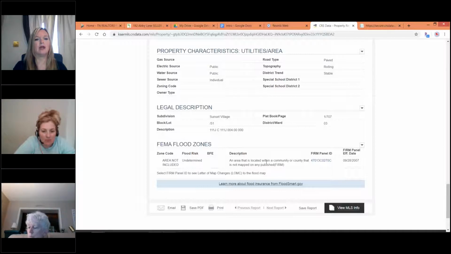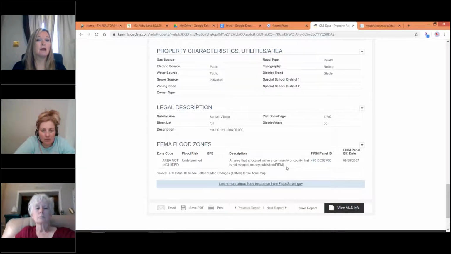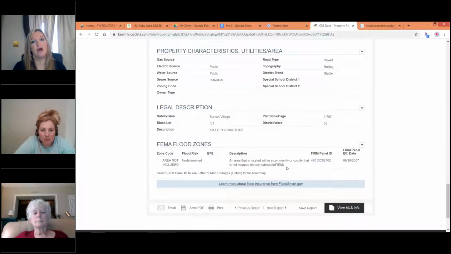An area that is located in a community or county that is not mapped on the FEMA. So that is where you could see if it was, and so there's areas in Oliver Springs and Clinton that are in flood zones. So you would want to check the flood zones, because if it's not disclosed on the MLS brief,